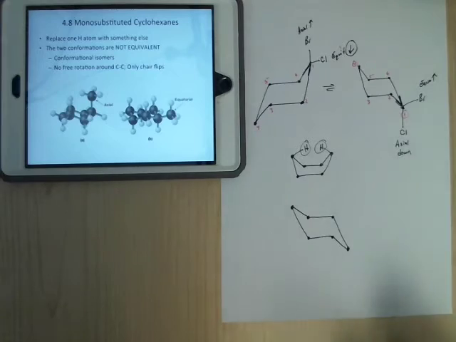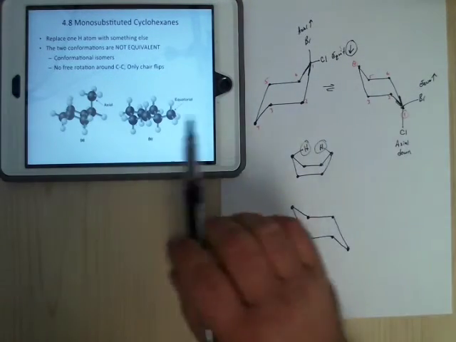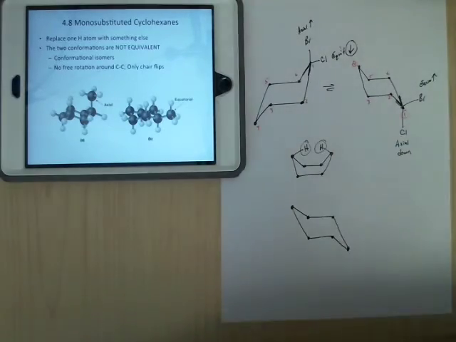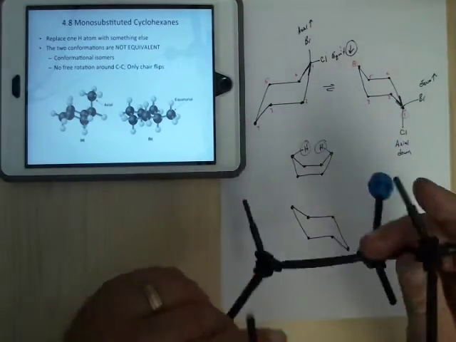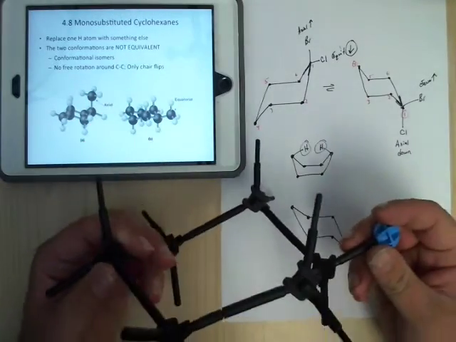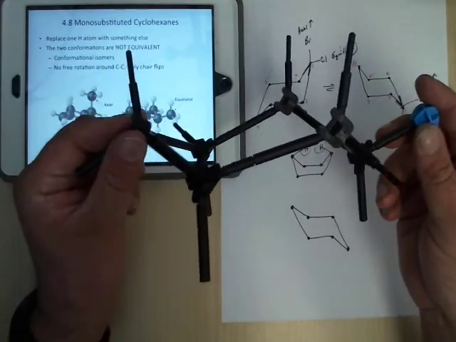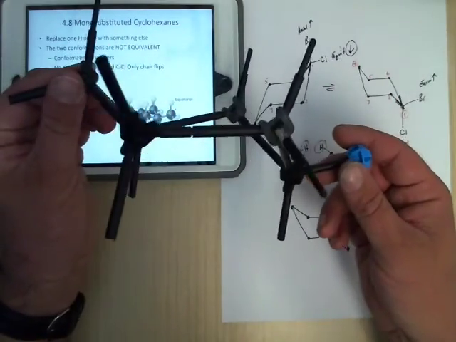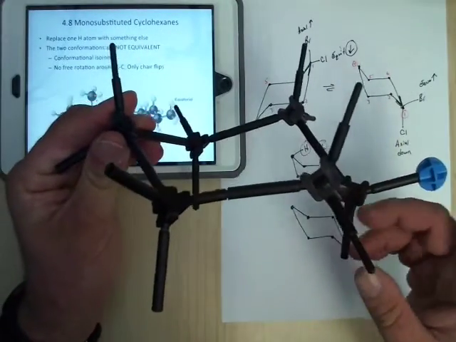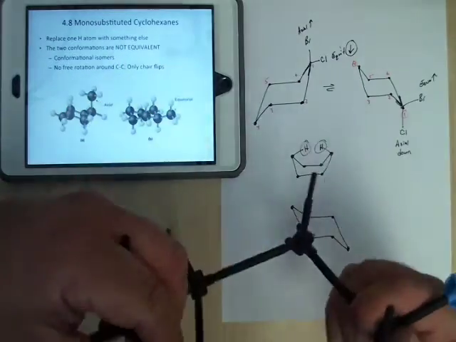Okay. Now, it'd be great if we just had to deal with cyclohexanes, but we don't. So if we put a group on here, let's say this is a methyl group. It doesn't matter, bromine, methyl, doesn't matter. What you want is to have the big group equatorial, because if it's axial